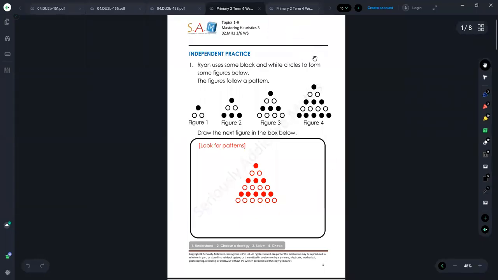Hi teachers, this is the instructional guide for Primary 2 Term 4 Week 9. For this week there are 2 booklets and 1 test, a fraction test. For the first booklet, I would like you to take them through all the questions in class, and then if there's time you move on to the second booklet, and if not,